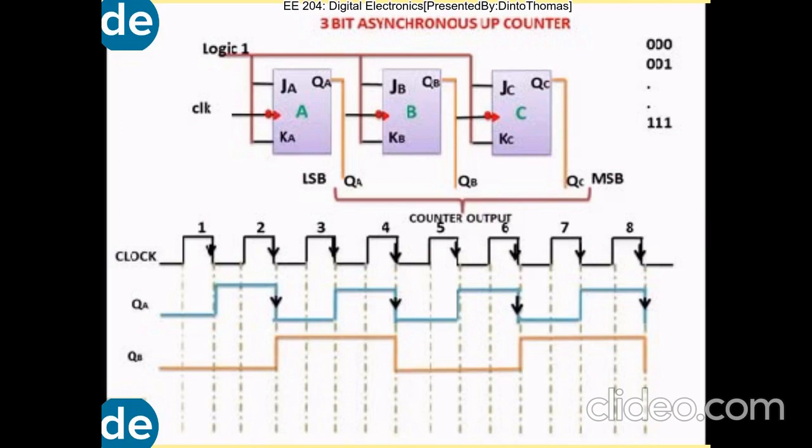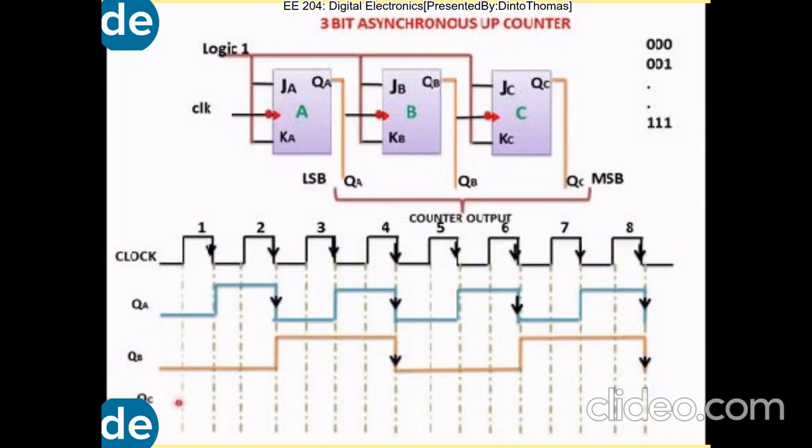Similarly, we can go for C. That is, in order to find the value of QC, we have to focus on the output QB, which is now treated as the clock pulse in flip-flop C. So this flip-flop C will react based on the output QB. In order to obtain the value of QC, QB has to be falling with a negative edge. So the negative edge of QB is now being considered. Now, based on this negative edge, the value of QC will be obtained.